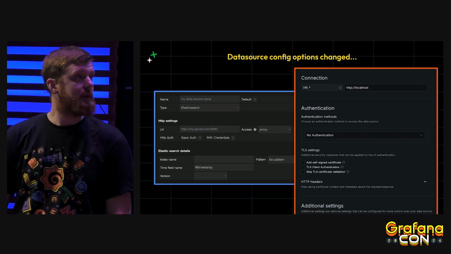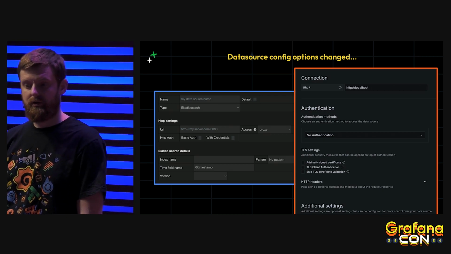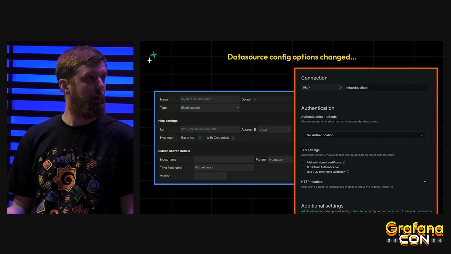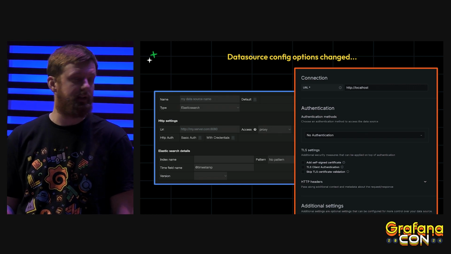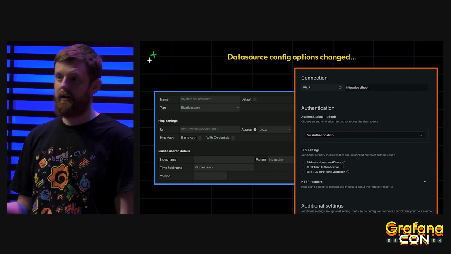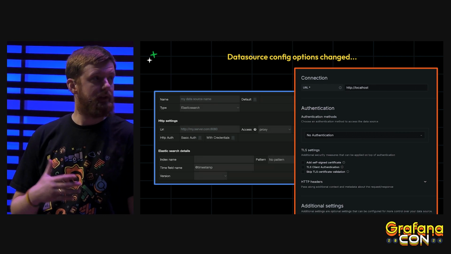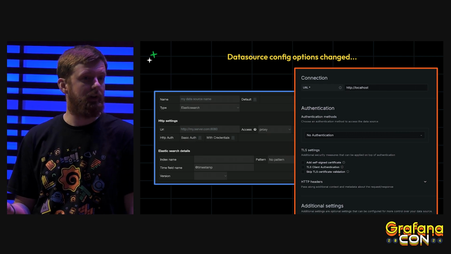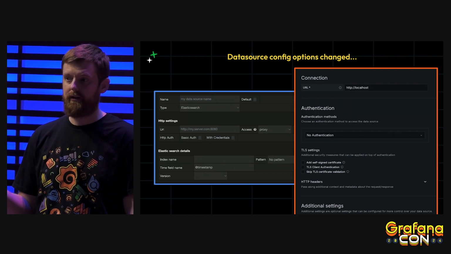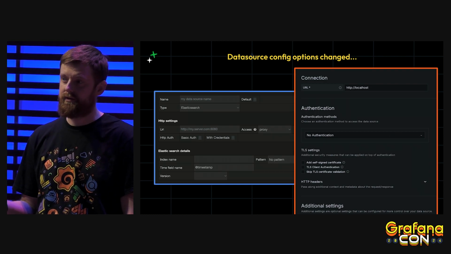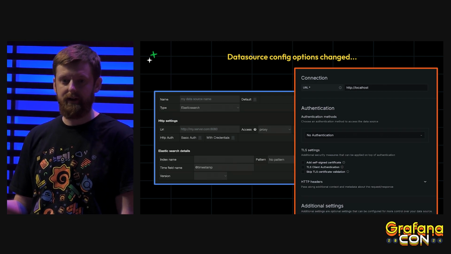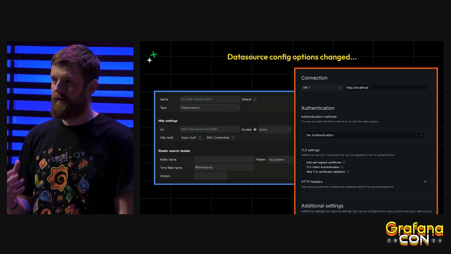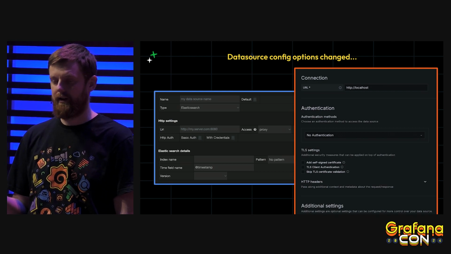Alongside query builders, our configuration pages for data sources have also changed. Not only do we add new features and capabilities, but we also try to make them easier to use and set up. For example, recently, in the last year, we did this configuration redesign project, where we redesigned and updated the configuration pages of the most used data sources that we have. So our goal is for you to get this successful connection message as soon as possible and with less effort.